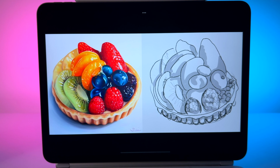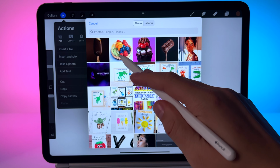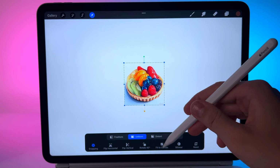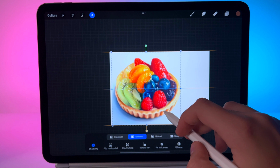If you are a beginner, you will 100% love this tutorial because in this tutorial, I will show you the easiest ways to sketch as a beginner. Let's get started. So the first method is personally my favorite, and what you're going to want to do is